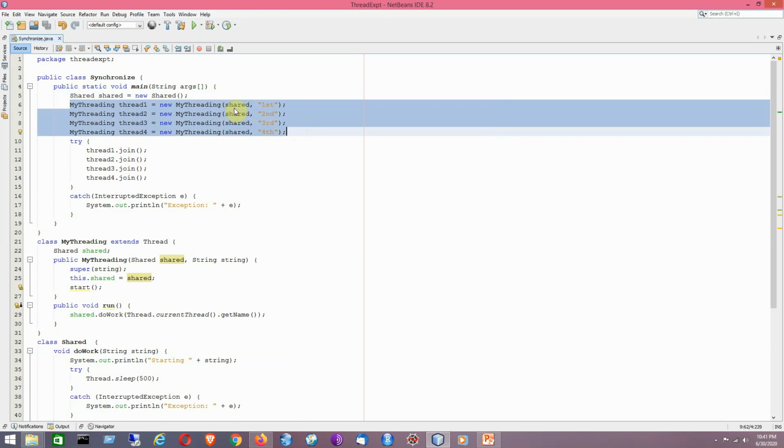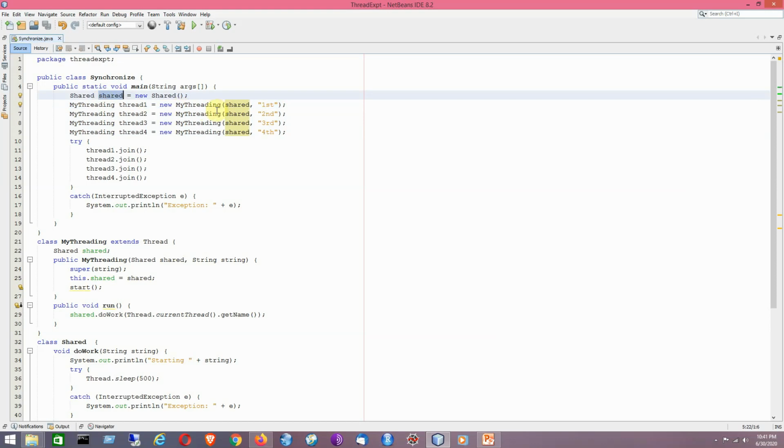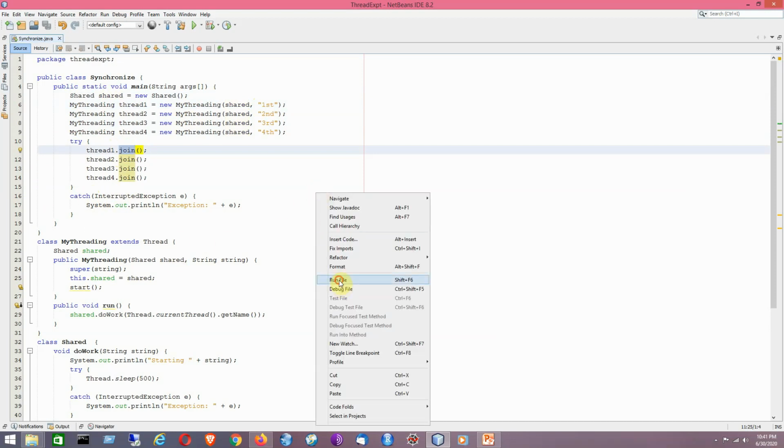I have assigned the shared object reference as well as the name of the particular thread being created. Now we are using the join method, so that the main thread waits for the other user threads to finish, and for the join method we must have the catch block. So in that sense we are having a try catch block. Now let's see what happens if we run this program.